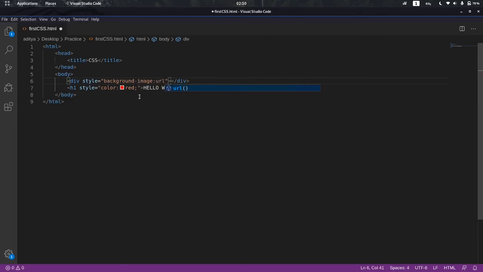So we need to specify the path for that image. We write it like url, then the path, then close it. But what happens now? We need to include this path inside a quote. So when we enter the first quote, this one for the URL or the path of the background image, this HTML document